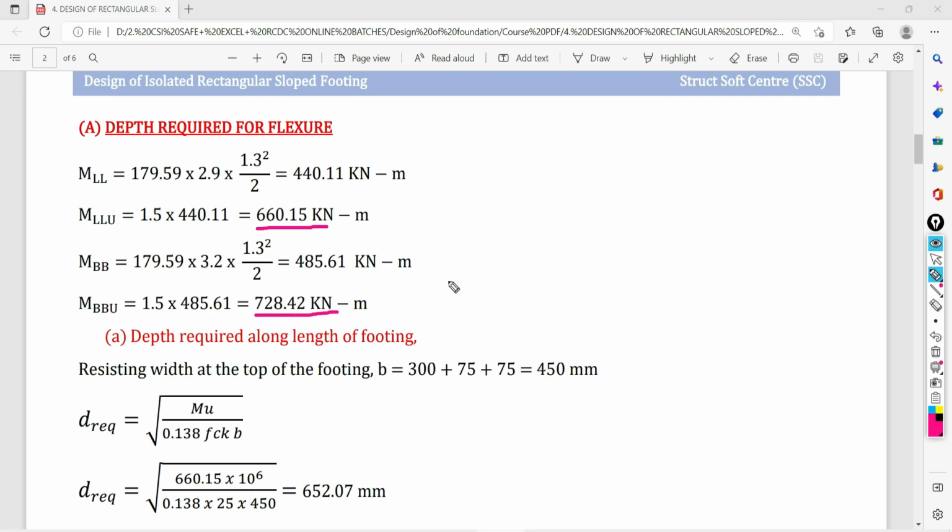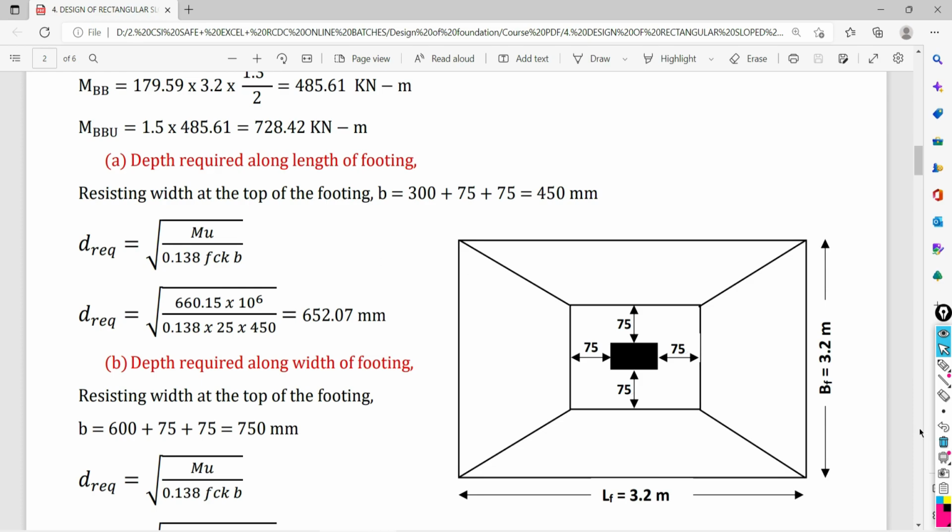So finally we have the ultimate moment along the length and the ultimate moment along the width. With these two moments, you have to decide how much depth of the footing is required along both directions. After knowing the moment along the length and width of the foundation, we have to find out how much effective depth is required. For finding out the effective depth required, we need to use this formula: d required equals square root of ultimate moment in the considered direction divided by 0.138 fck and the